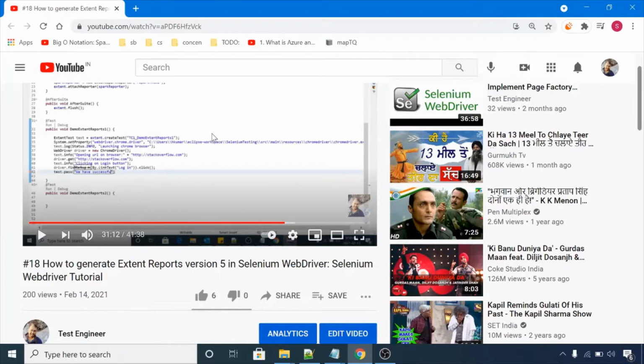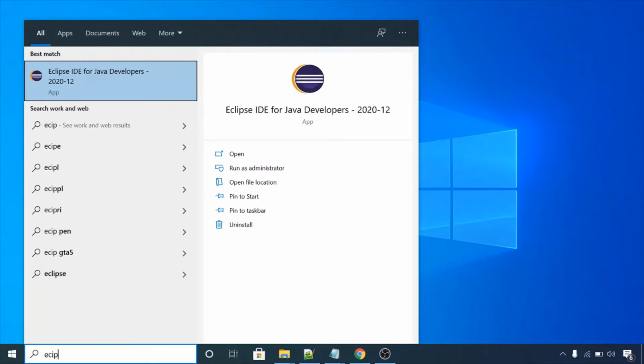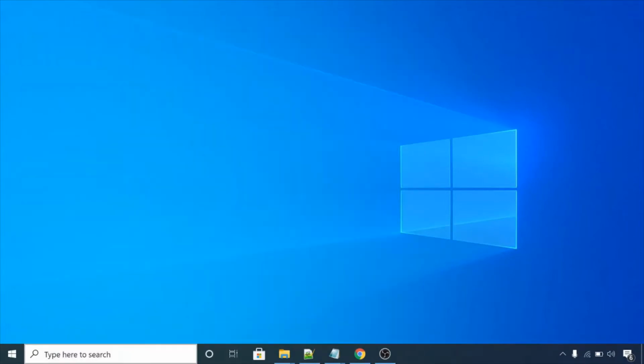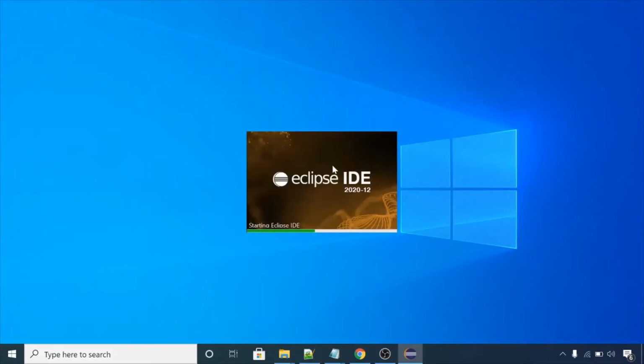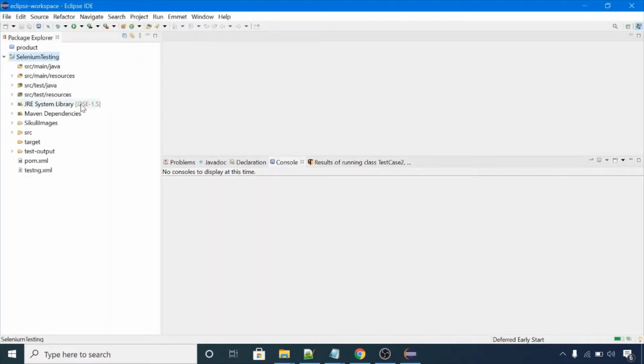So let me open Eclipse. Let me launch it. I'm having one Selenium project here, and in this I have one pom.xml file.